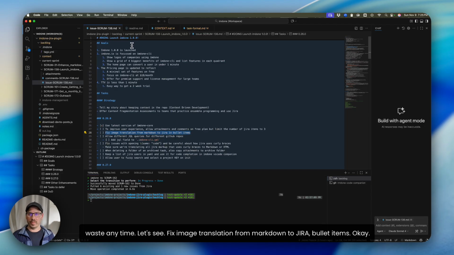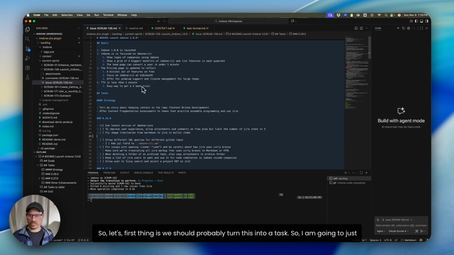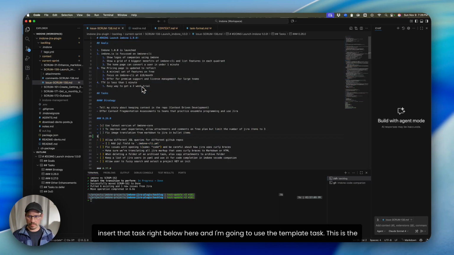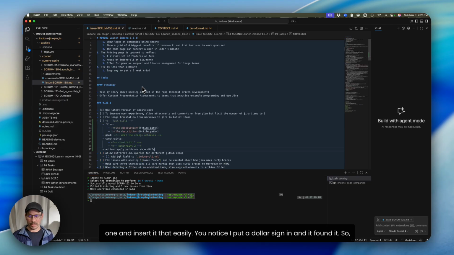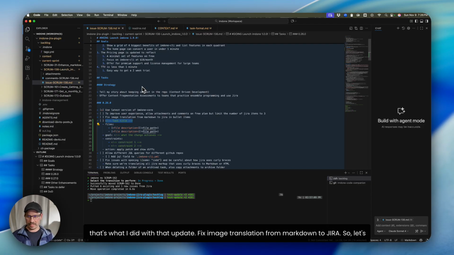Bullet items. Okay. So first thing is we should probably turn this into a task. So I am going to just insert that task right below here. And I'm going to use the template task. This is the imdone code companion right here. So you can even create a template just like this one and insert it that easily. If you notice, I put a $ sign in and it found it. So that's what I did with that